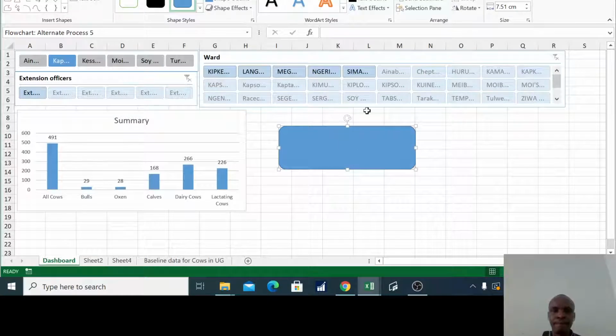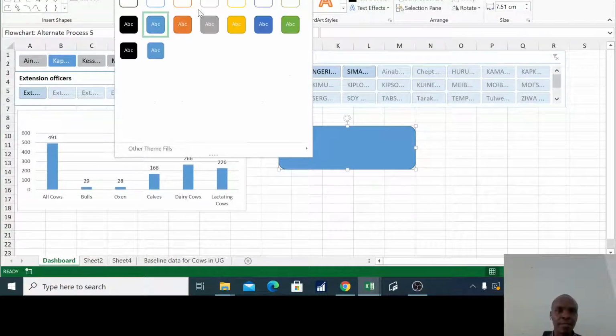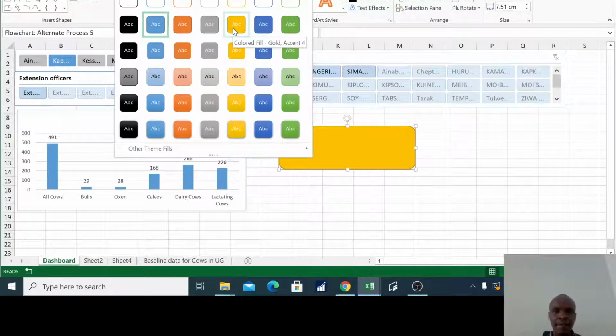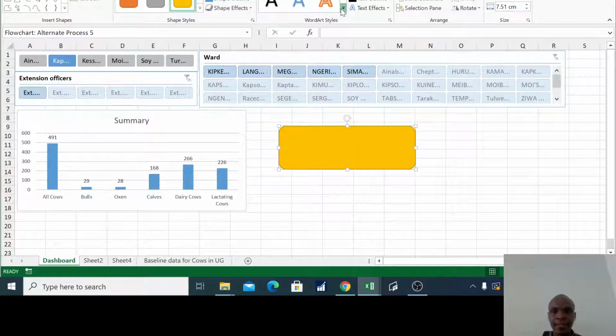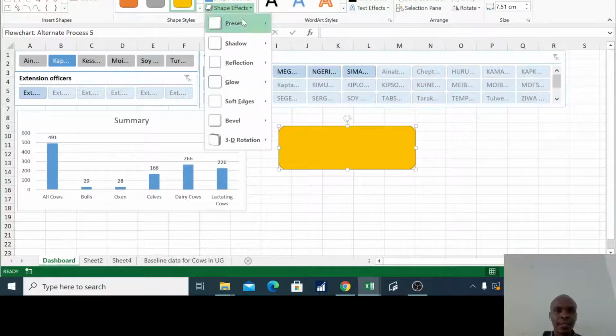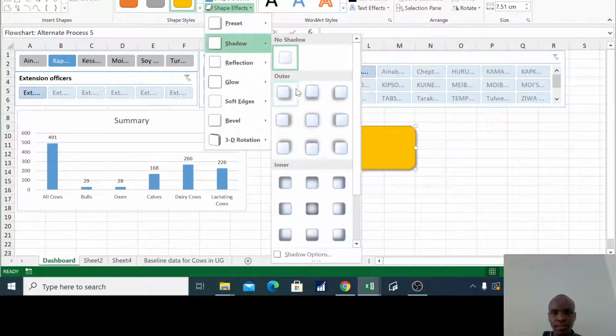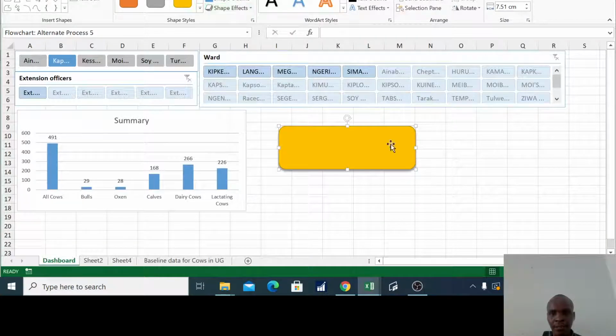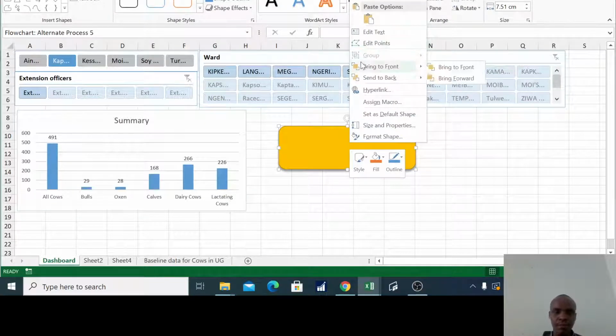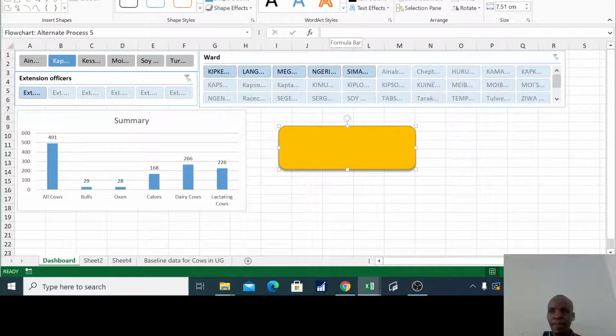So let's give it a very nice effect. Let's have that color. Then we have something like this. Want to have it nicely looking, something like that, and then we have to put the value inside there. So we can do edit text, and then